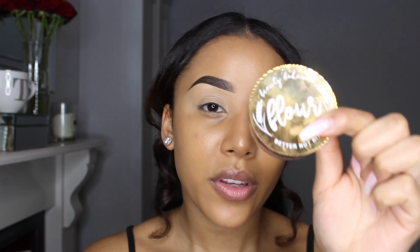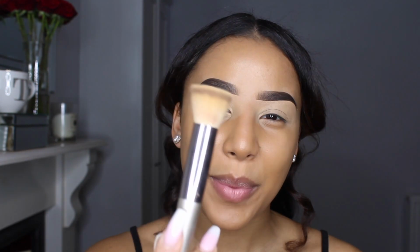Because it's a little bit wet, I set it with this Beauty Bakery flour setting powder in yellow. So I just put a tiny bit on a brush like this. I know this isn't really the correct brush to use, but